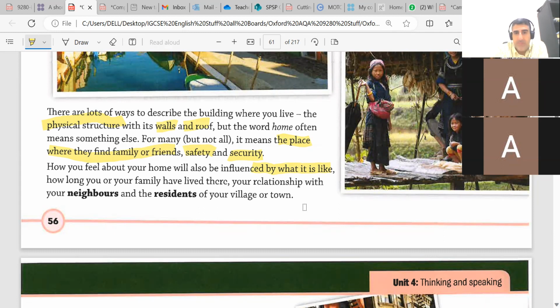How long? Also, more ideas, guys. You should include this in your description. How long you and your family have lived there? The years and the long days you spent with your family, with your close friends who visited you in your house or in your flat. And I think here, your memories, your lovely days together. Your relationship